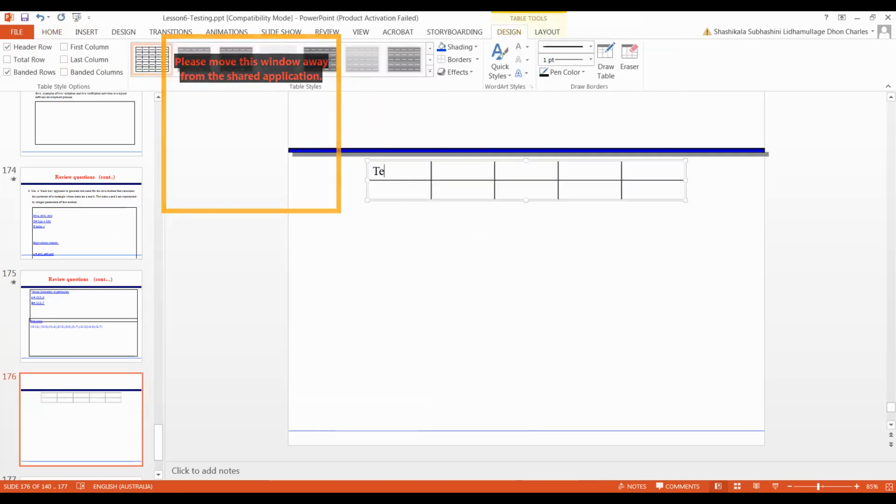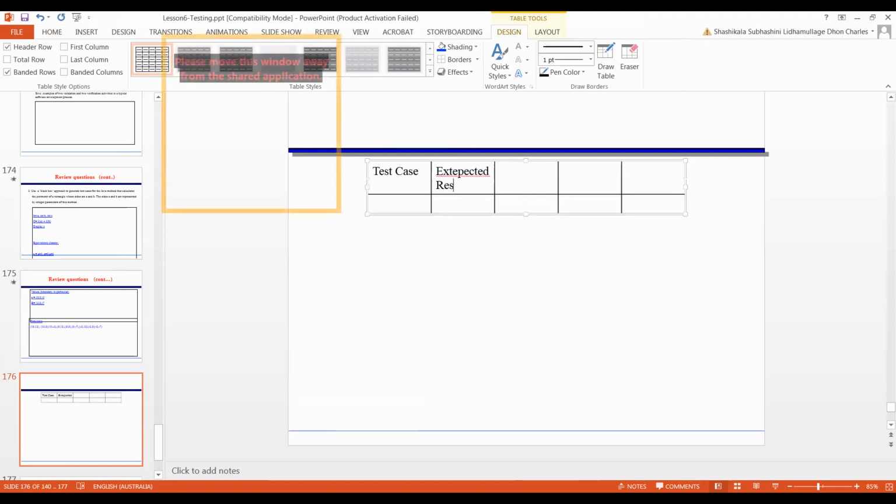Here, this is the test case. Expected results. Then actual results. That means you input the test cases into the program and see the result. Okay, in the real case.